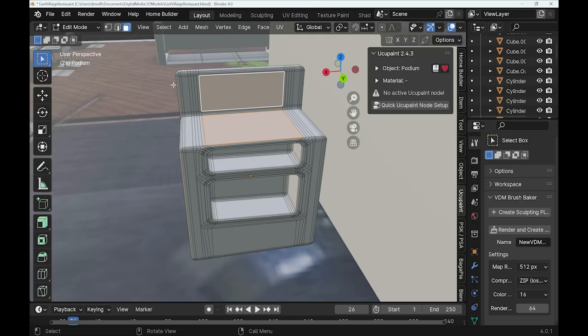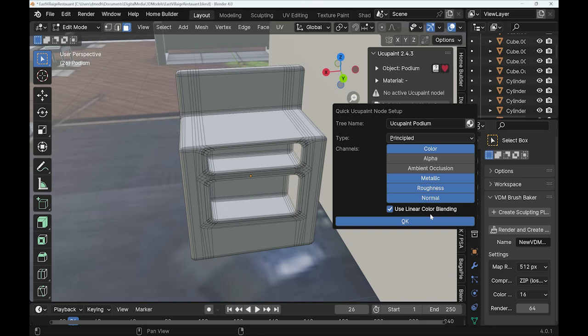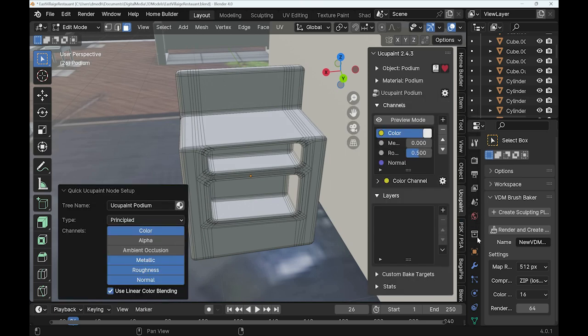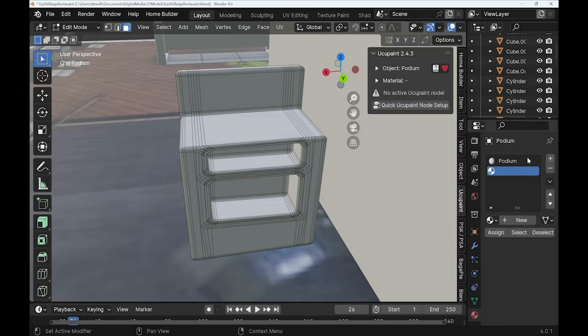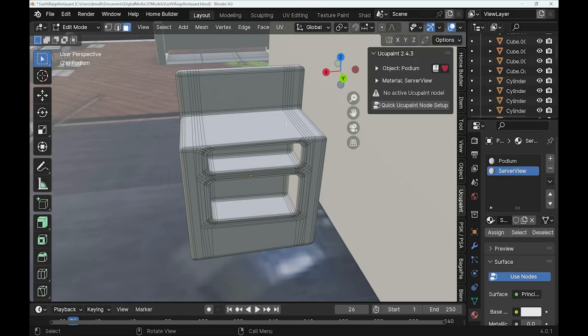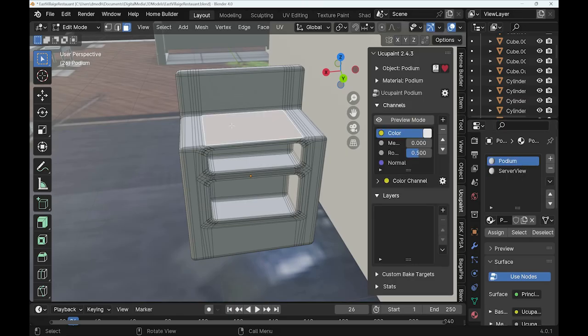All right. So here's what I'm gonna do. I am going to assign materials. So I'm gonna make a new material. Let's do a quick node setup. I'm gonna scroll down. Podium. Yeah. Okay. Now server view, and it will have you and